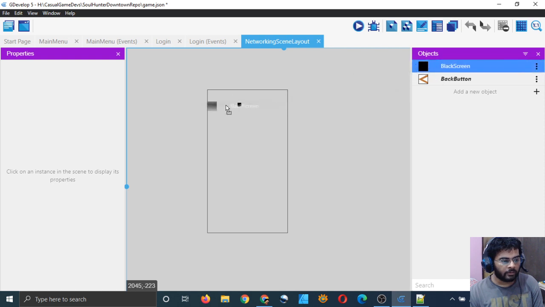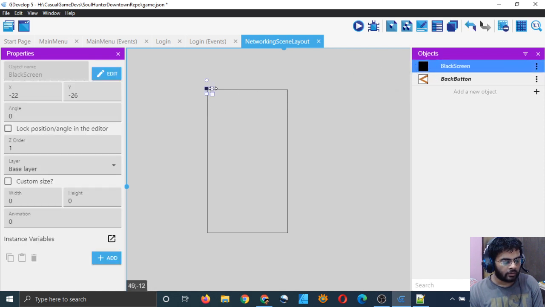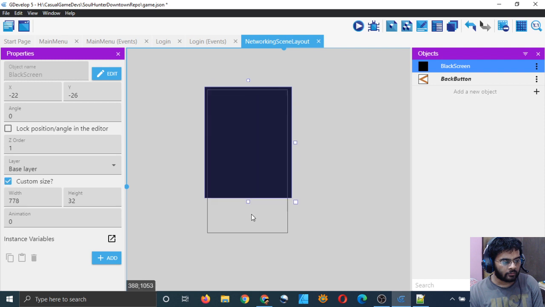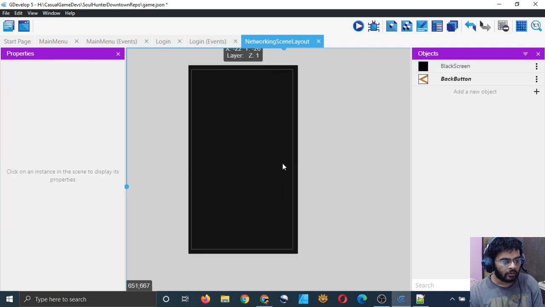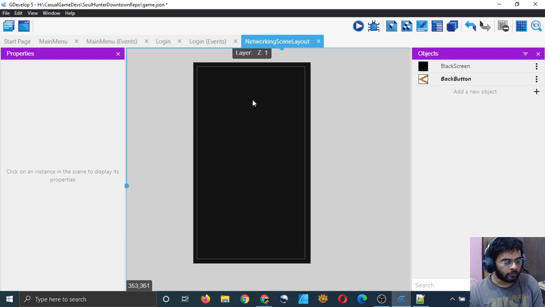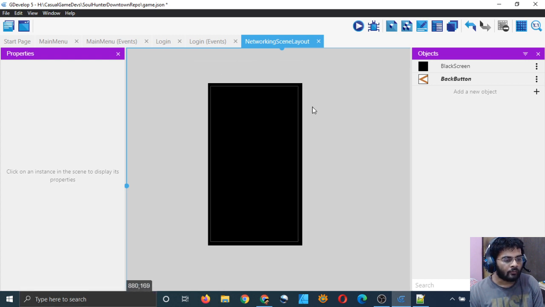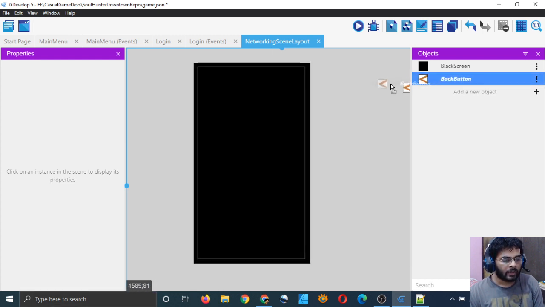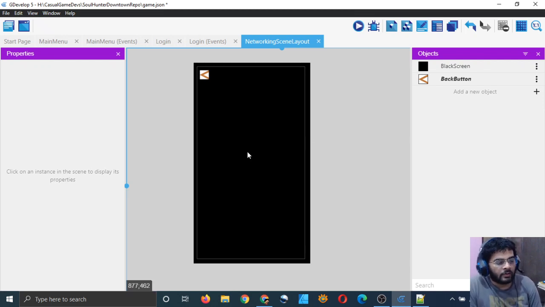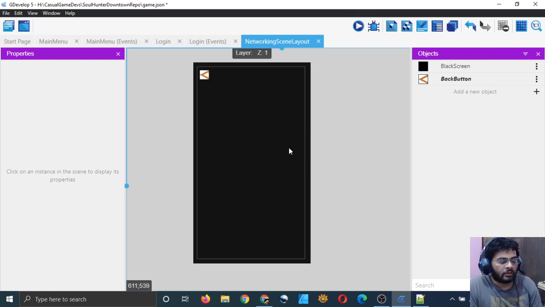And I will simply bring it here at the corner, and I will stretch it to cover the whole, you know, view area, viewport. So that's good. And I'll take my back button also, and I will put it here. That's good. So this layout will be the same in all the networking scenes which are using networking capabilities.